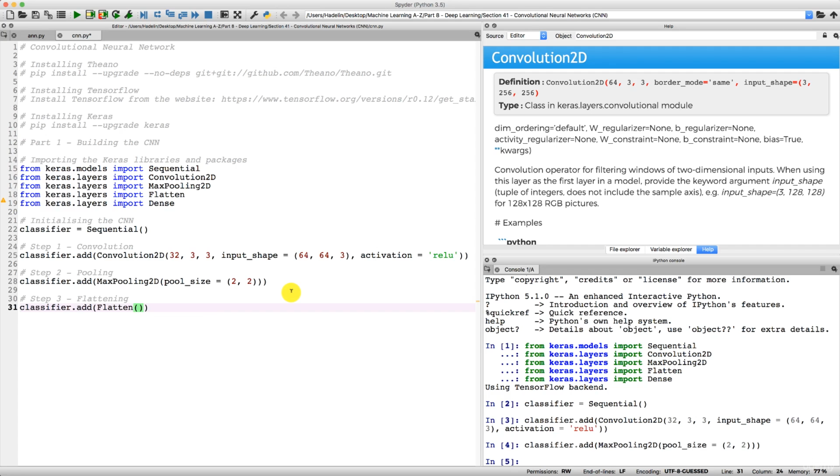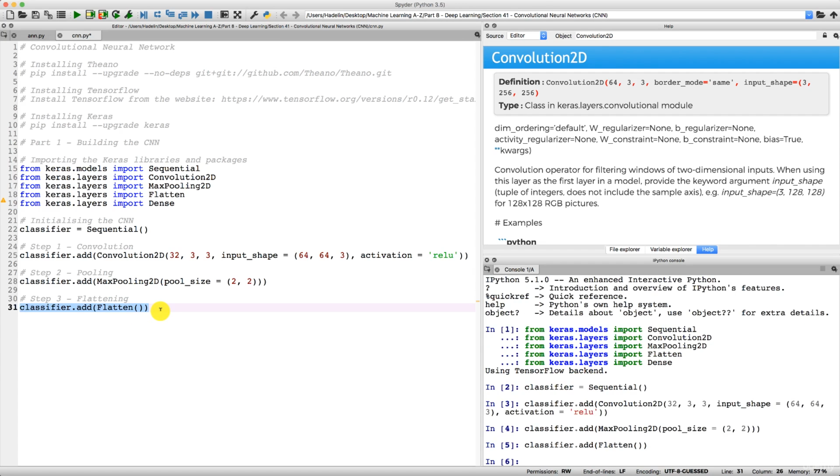The good news is that we don't need to input any parameters here because Keras will understand that, since we're taking our classifier object, it needs to flatten the previous layer that we obtained after the convolution step and the max pooling step. So we're all good. We just need to select this line and execute to complete the flattening step. Now this huge single vector is created, and it contains all the information of the spatial structure of your images. And so what we only have left to do is to create a classic ANN that will classify the images, and it will classify them well thanks to this input vector that contains the information of the spatial structure. So 3 steps down, 1 more to go, and we will be done with our convolutional neural network